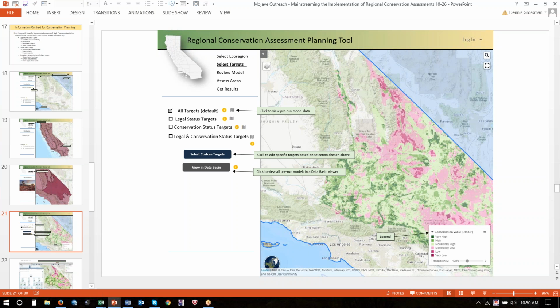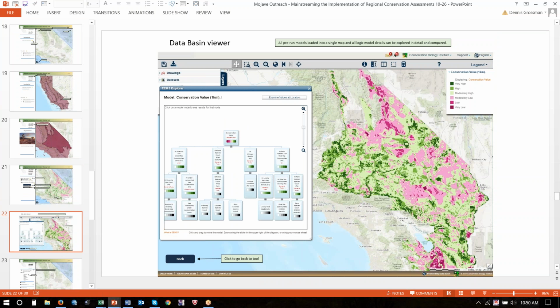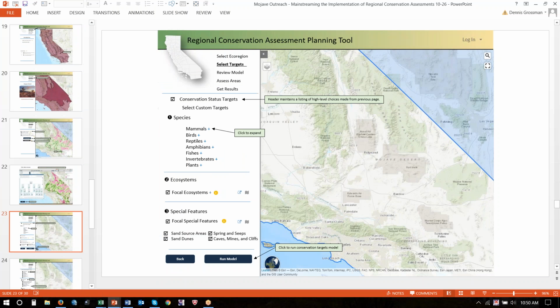And then the fourth is a more customized version, and there will be a model running in the background, depending on what you're choosing, that will do all the mathematical analysis and create this ramp, based on the spread of values across the landscape.